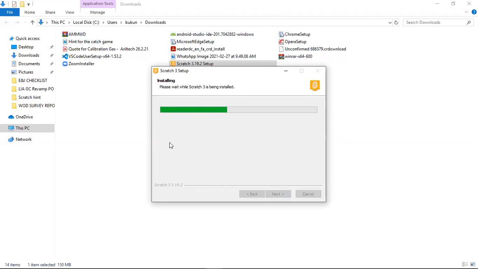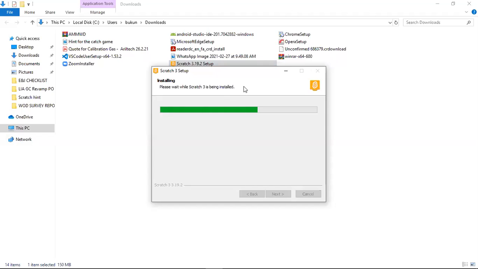This is all you just have to do. Just click on install, then watch it finish the installation. The beautiful thing about it is that you don't need to be online before you do programming. You can save your work and share your file with the group, your tutor, or your other colleagues so that they can open the folder and see what you've done. So please, if you have a laptop, I advise you use this approach.